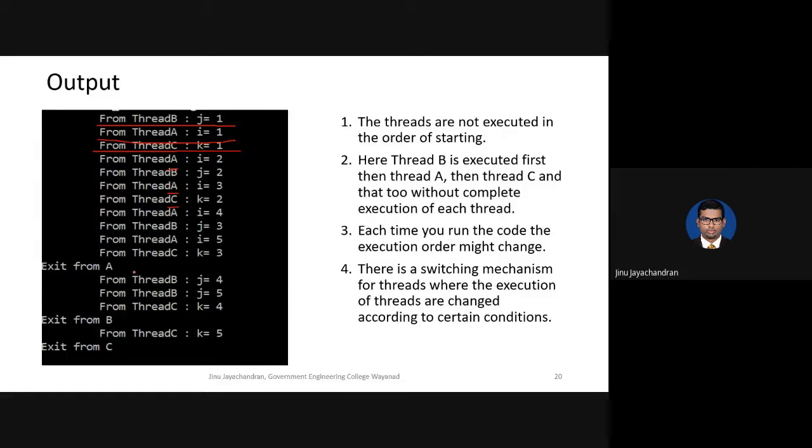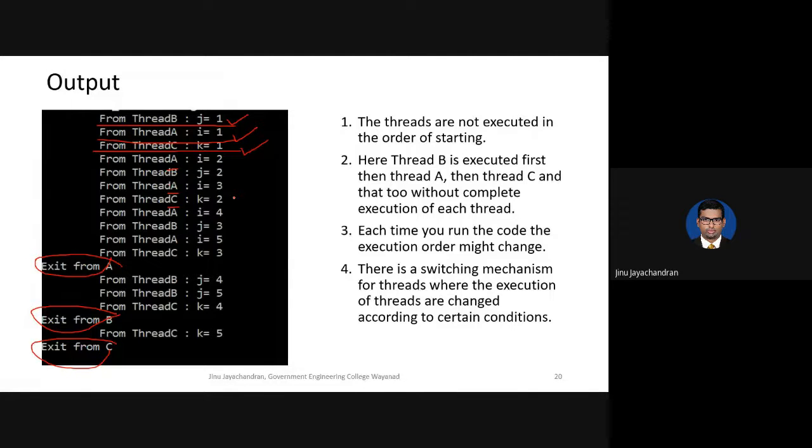And then thread A, thread B, again thread A, thread C. And if you look at the execution, first A is finished, then B is finished, then C is finished. But the execution is not in a sequential order. It switches back and forth between threads A, B, and C. This is because you have put them in parallel, and the operating system is switching them between A, B, B, A, and back together. So this is the order of execution.